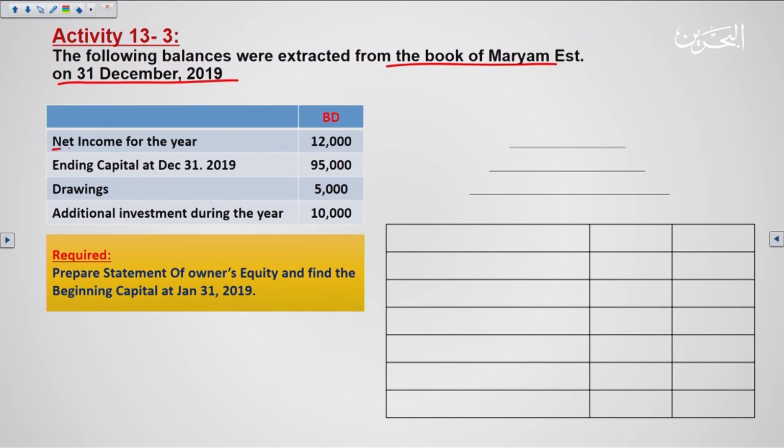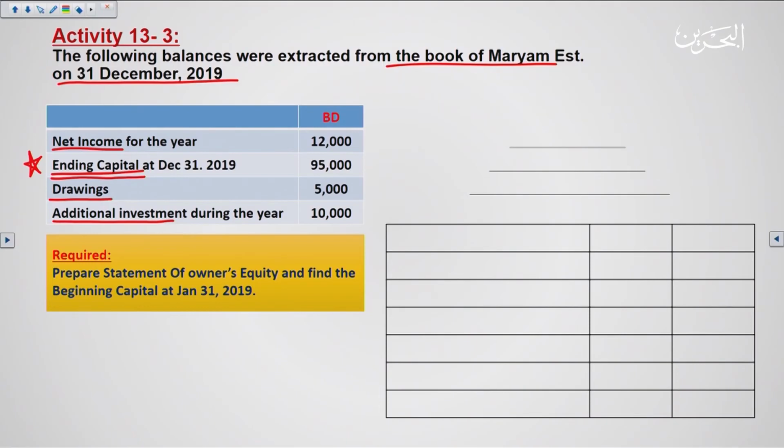information, which is the net income, which was prepared or got from the income statement. We have here the ending capital, and I will put two lines here to focus on this information because usually the beginning capital is given, but in this question they gave us the ending capital. So this is the trick of the question. We have to figure it out with the solution. They give us the drawing, which will decrease the capital, and they give us the additional investment, which will increase